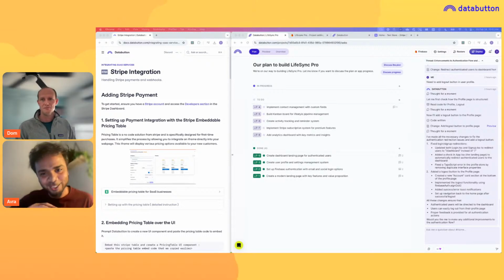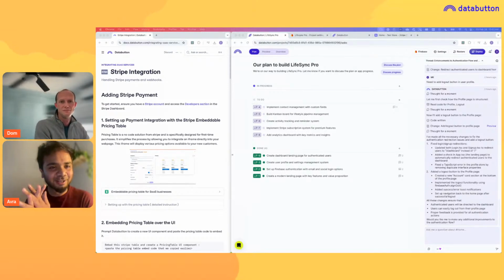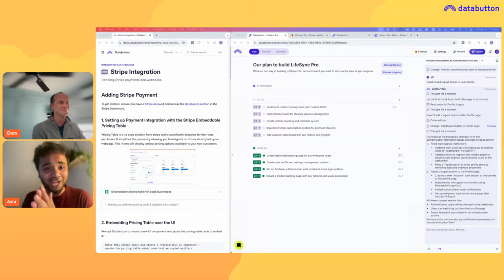Databutton is meant for building the full SaaS product, but right now for the live stream, we're sticking with the MVP part, which is very important, and it covers the important things like the authentication, data store, and Stripe. And here we are. So maybe, Dom, if you give a quick intro of the app you're building,